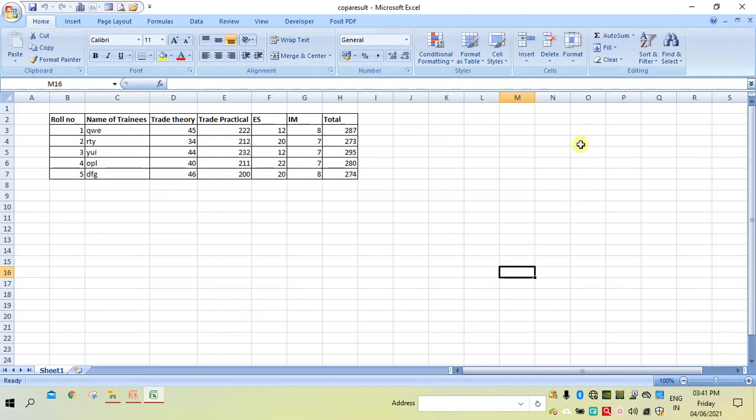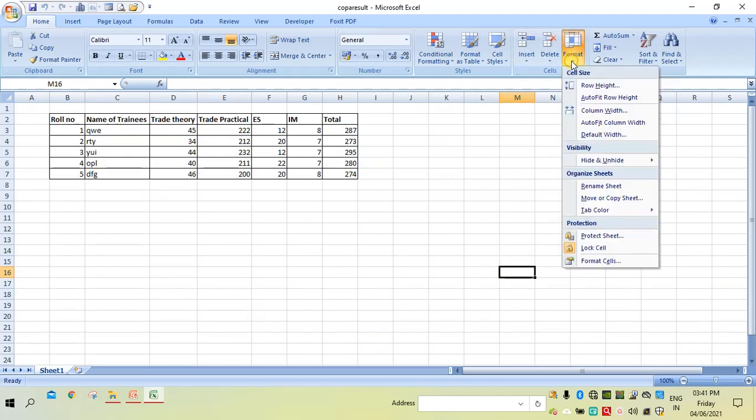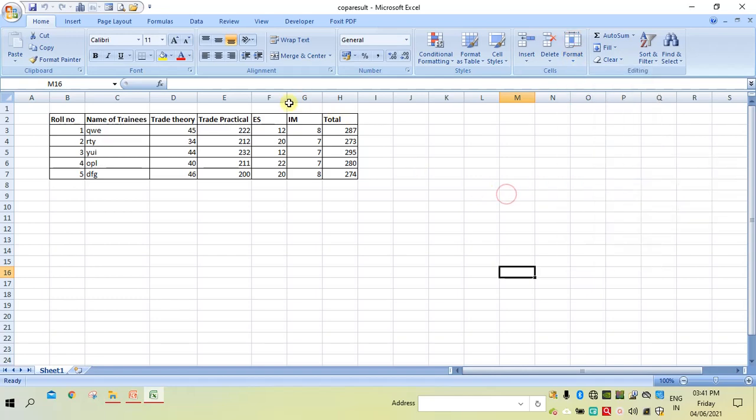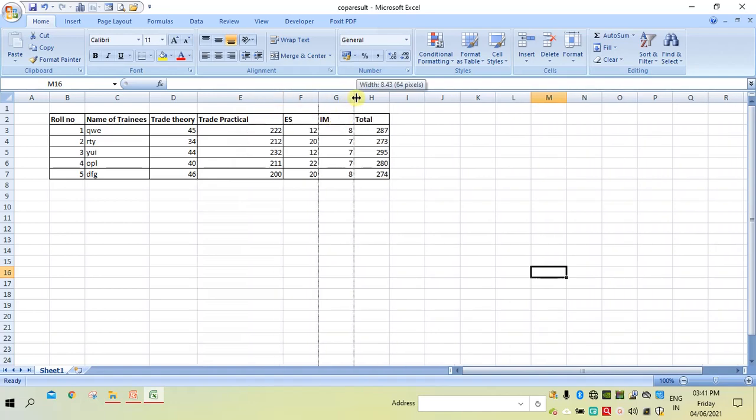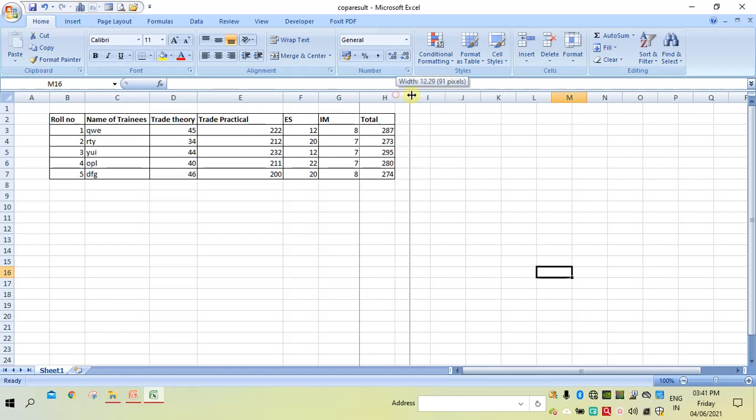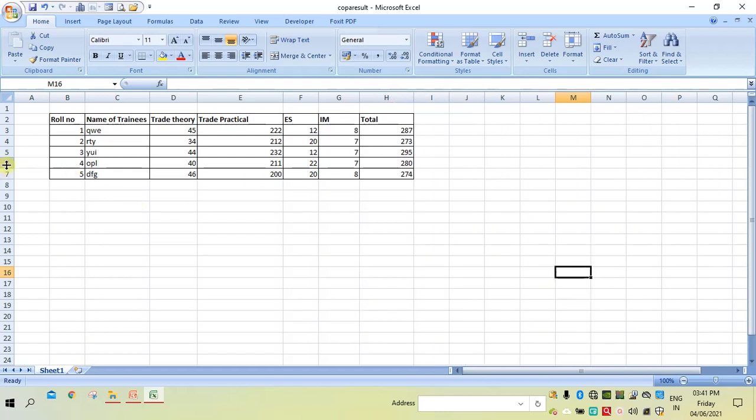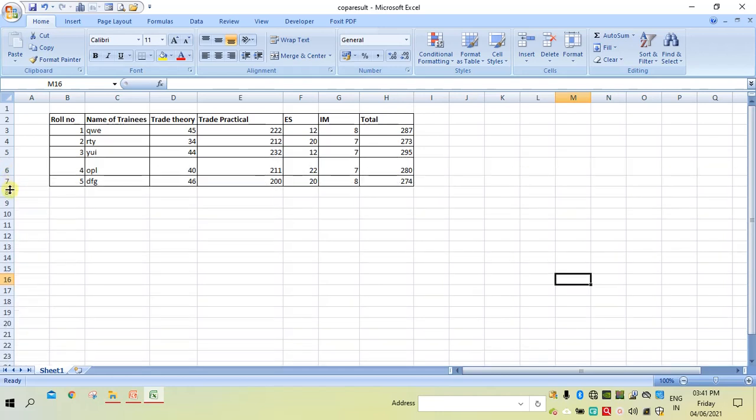Next is the format option. Using this we can resize the cell, row or column. For example, resizing can be done this way. We can increase the width of a column and also increase the height of a cell.